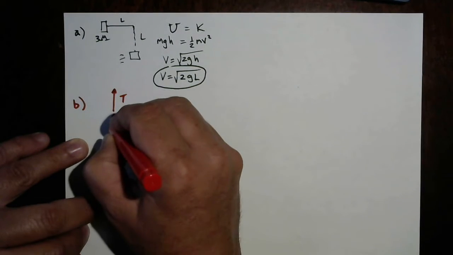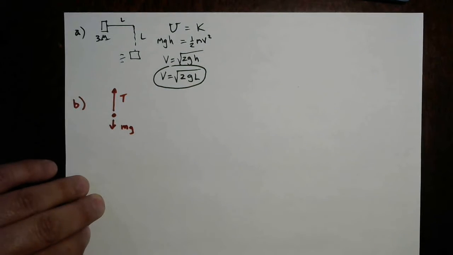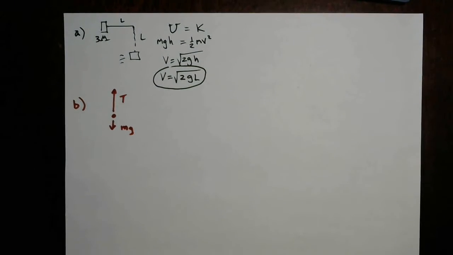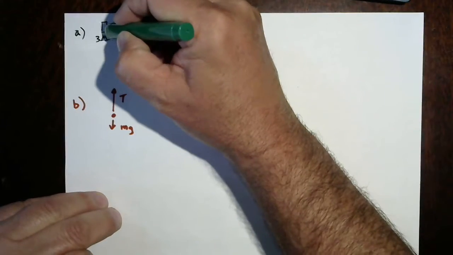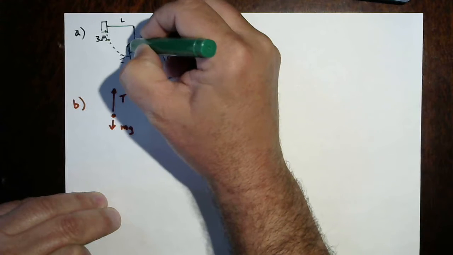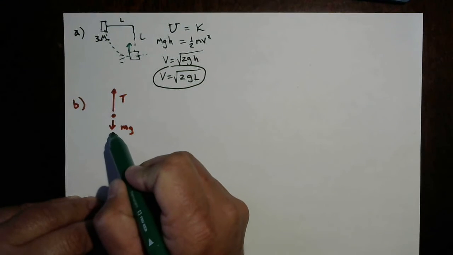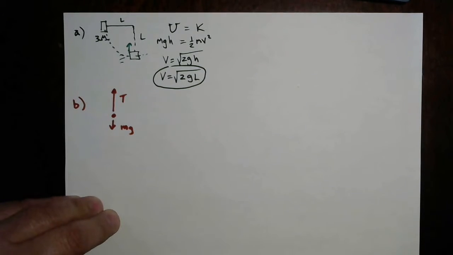And there's going to be some weight that the block has downwards. I'm going to abbreviate that with M times G. Now you'll notice that I made the tension force larger than the weight force. And the reason for that is that this thing is swinging in the arc of a circle, which means that there needs to be some sort of centripetal force towards the center. So the tension force has to cancel out the weight, excuse me,